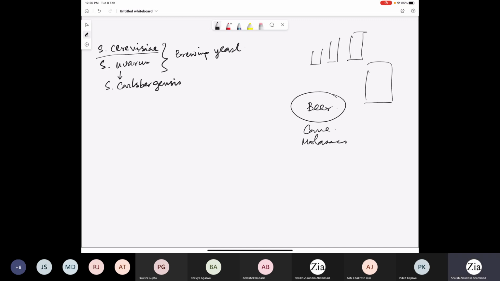Now, if you go for the wine manufacturing process, in most cases the wine manufacturing is done using grape juice. So same thing when you prepare the inoculum, there also you grow the inoculum using grape juice, and then after getting a sufficient amount of inoculum, you transfer it to the larger reactor where you use grape juice as your carbon source instead of cane molasses. And it is mostly done to avoid